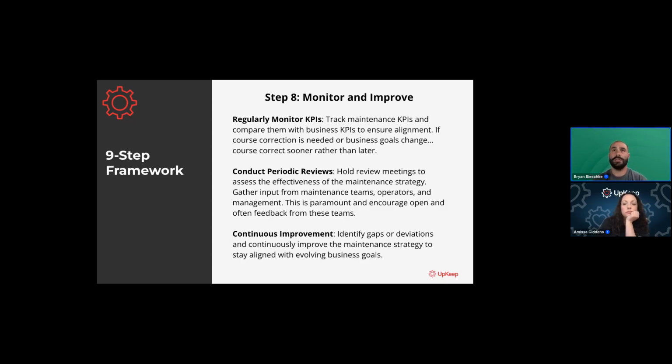Review, right? We want to have meetings. We want to assess the effectiveness of the maintenance strategy. Are we doing the right things in the eyes of the other departments or the other business? Maybe you are doing all the right things, but they don't see how it's impactful. Maybe it's small, progressive change that they're not seeing big impacts from in the uptime of the machines or the availability or whatever. Communicate with them, meet with them, show them the data you've been collecting to say, hey, look, our reactive work has come down 5% over the last 3 months. Yes, that is small, but we are moving in the right direction. And this is how you can help. And, hey, how can we further help you, operations, right?